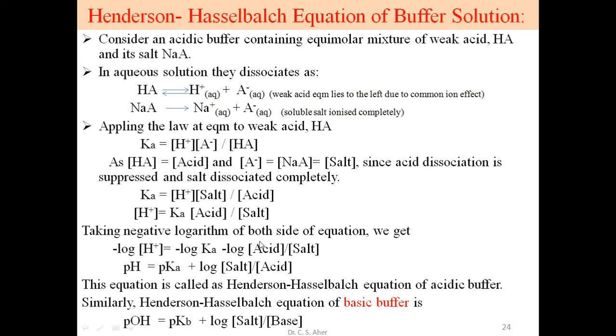Taking the negative logarithm of both sides of the equation, we get minus log of H plus ion concentration equals minus log of Ka minus log of salt concentration upon acid concentration. So what is minus log of H plus ion? It is pH. What is minus log of Ka? It is pKa. And when we multiply this equation by minus 1,